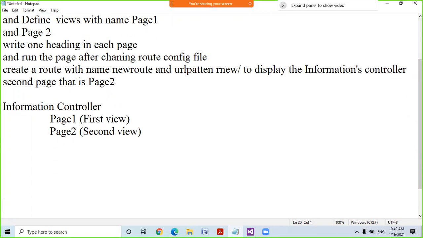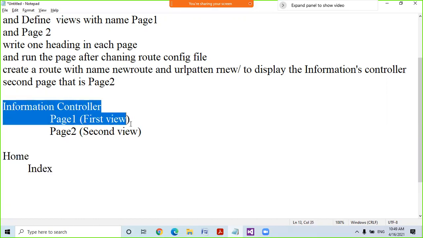But what about the default? The default controller is always home and the default view is always index. This is the default which MVC recognizes. But I have changed this default structure to this new structure.